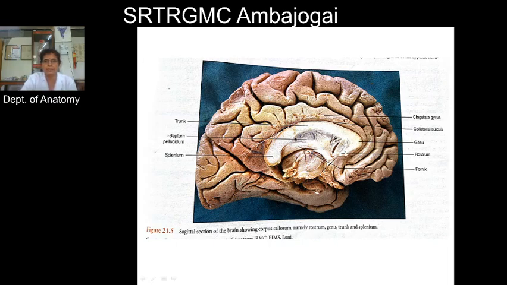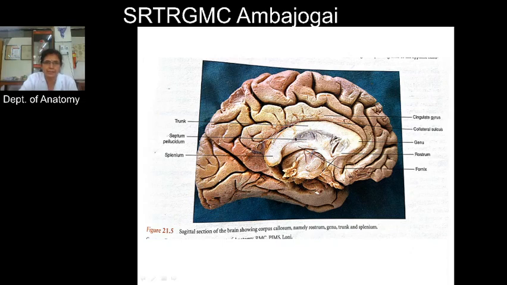The white matter of this cerebrum consists of three types of fibers: association fibers that connect areas in the same cerebral hemisphere, then commissural fibers, which connect the same areas of the two cerebral hemispheres, and projection fibers that connect areas of the cerebrum to other subcortical centers. For example, the corticospinal tract is a projection type of fiber. The internal capsule is also an example of projection fibers.